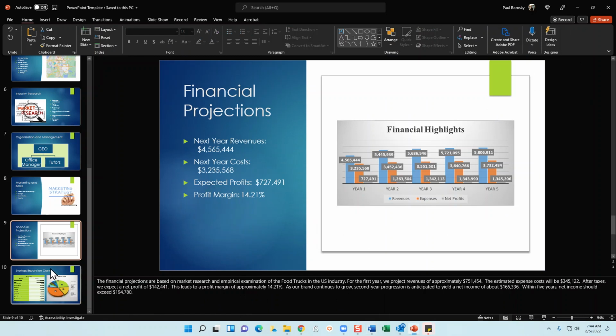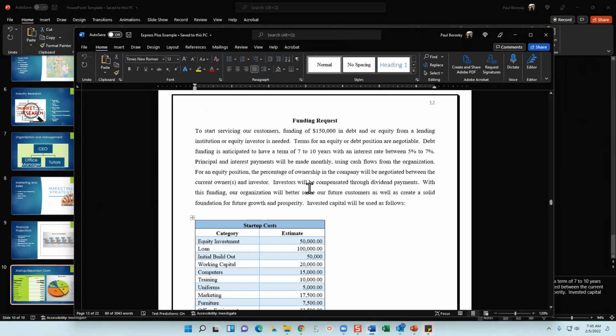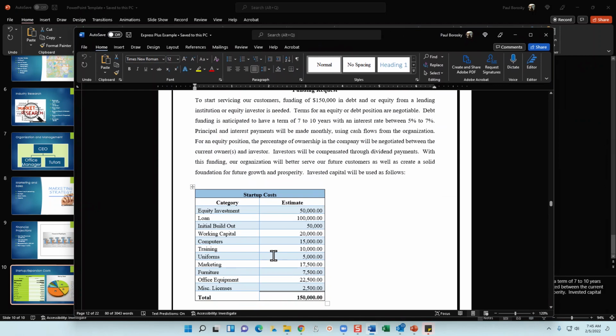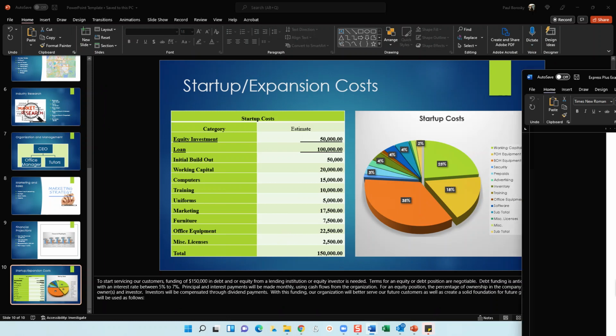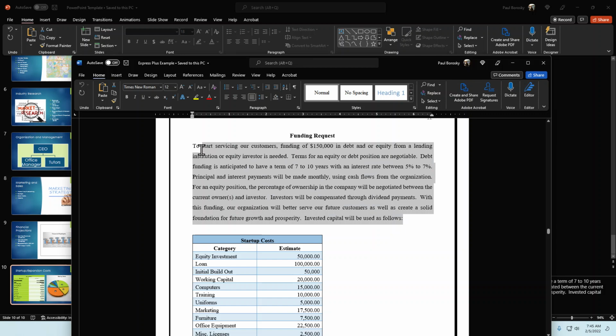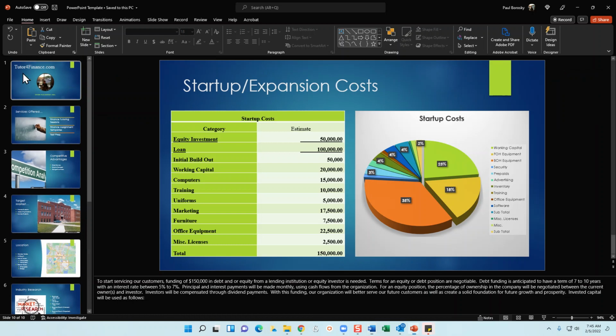And then finally, for the startup cost, again, I'm going to go right to your business plan, find your startup cost. I'm going to copy this chart right here, and I'll place it here. I'll make a graph right here representing your startup cost, and then label it here. And then I'll copy and paste this information right here for your funding request. I'll put that information down here for you to customize. So with this structure, and in summary,